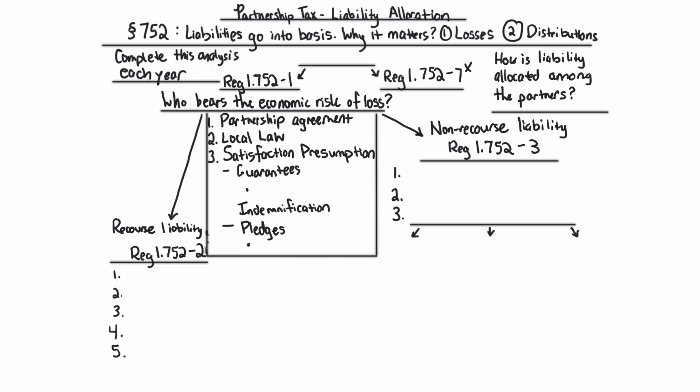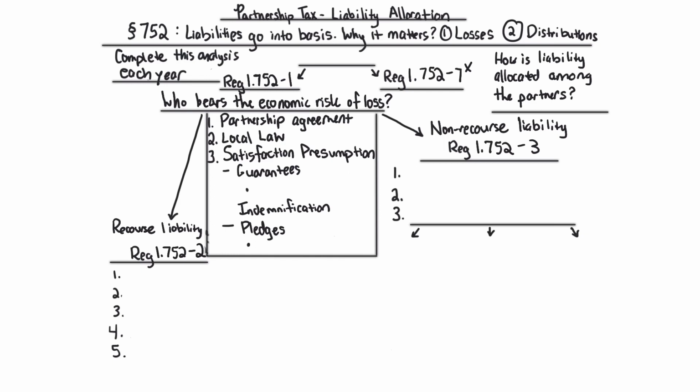Because the idea is this. As we're going through, we're allocating the liabilities each year, including the initial on formation or on the taking out of the liability, we have to think about what happens if X partner would default and they wouldn't pay off the liability? Yes, they would go to court and all that good stuff, but maybe they go bankrupt. So there's a lot of what ifs that we could go down these lines and say, okay, well then the guarantee now becomes important, because if that partner X is not going to make good faith and actually pay off the liability, now partner Y that's guaranteeing is now responsible. Well, that's all hypothetical. We don't have a crystal ball. We don't know what's going on. So